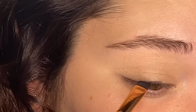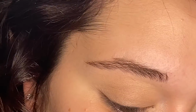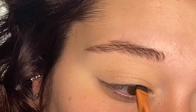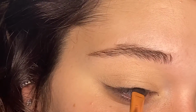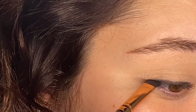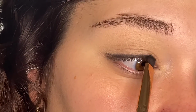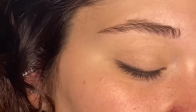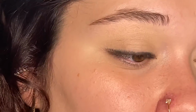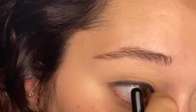I like starting in the middle of my eye, but you are more than welcome to start in the inner corner or wherever you feel is best for you. I just find this simpler for me because it's a good starting place to kind of go thinner at the inner corner and then thicker at the outer corner. As you guys can see, my crease is not that far away from the eyeshadow. This is why I like to start off smaller, and then if I want thicker, I can work from there